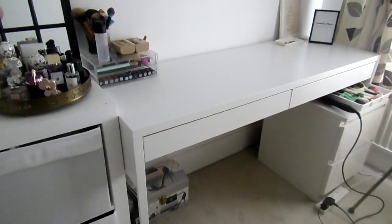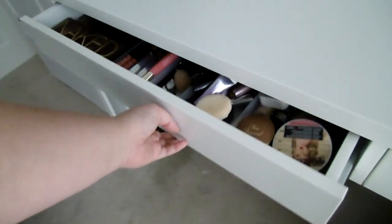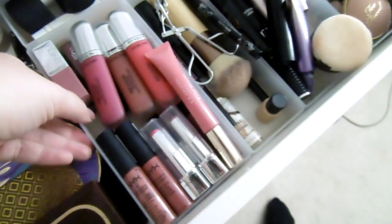First of all, I have got this desk, this vanity desk. This is one from IKEA. I believe it's called the Malm, but it has two drawers at the top of it. So one is just for makeup, and this is basically the majority of my collection that I don't go to on a daily basis. So the individual containers that are in the drawers are actually from Boujois, and I bought